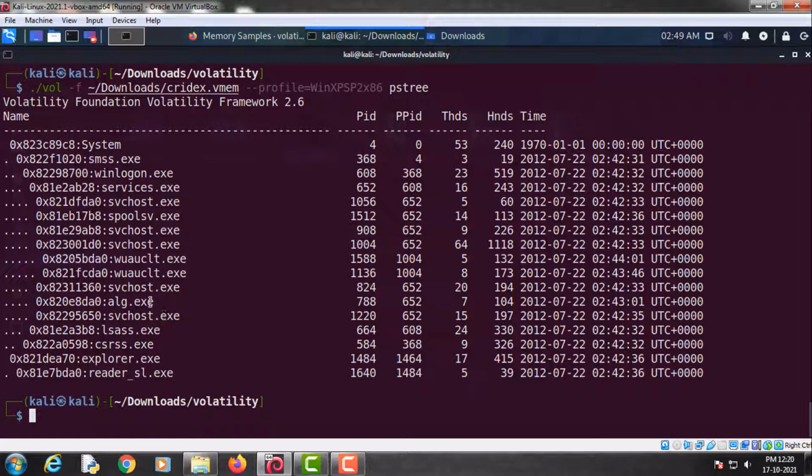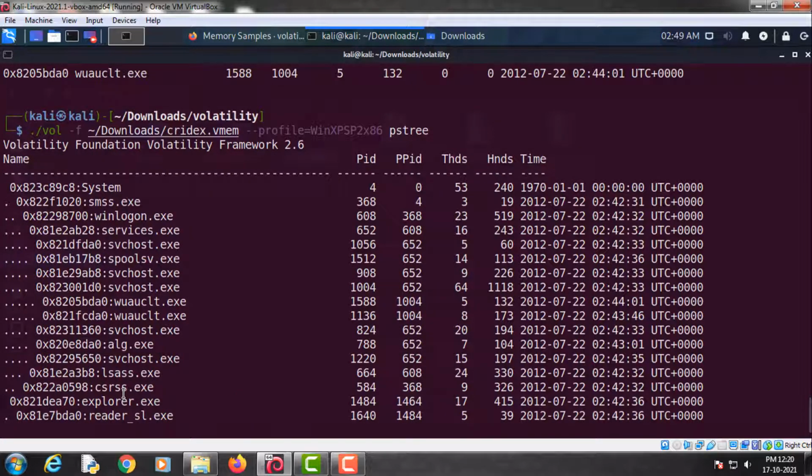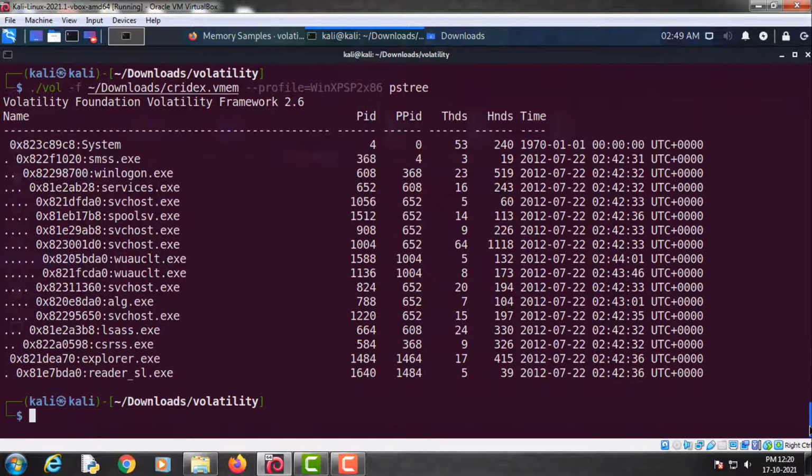So as you can see, this ALG is a child process of this system process, so its possibility of being a malicious program is ruled out. Now if you look carefully, this reader_sl.exe is a child process of this explorer.exe process. So we will focus our attention on this reader_sl.exe program.